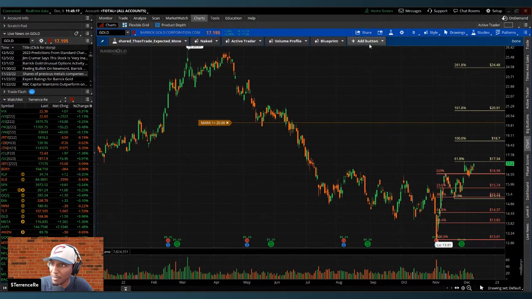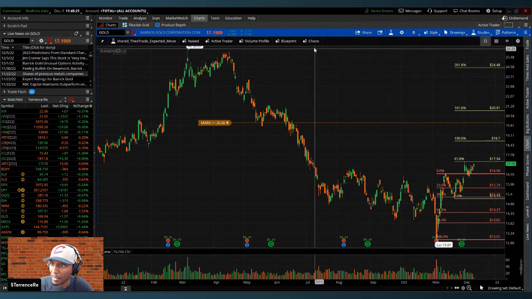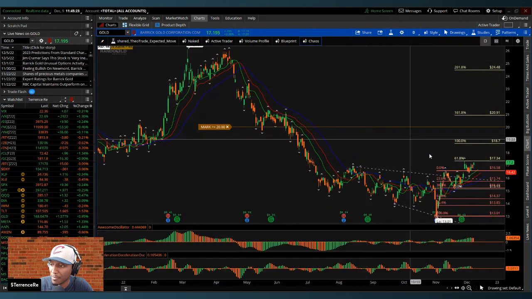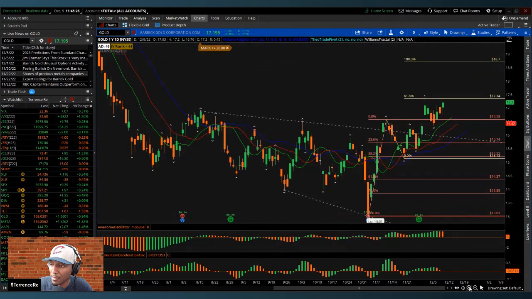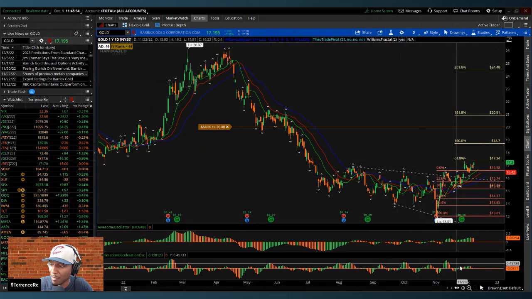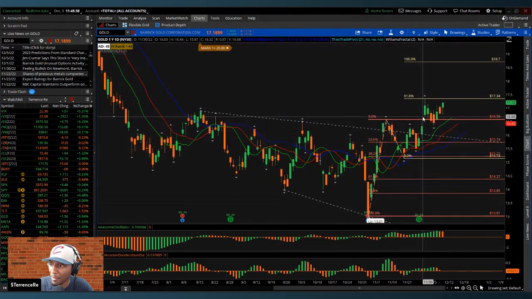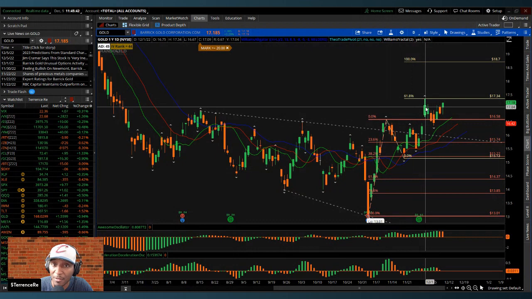Let's put it up here, using my chaos setup. And it crossed over right here. You can see it had a little trend line there and there. Broke out of that area, pulled back, then came up and then boom, it took out this high. So I'm in it. I actually bought shares in